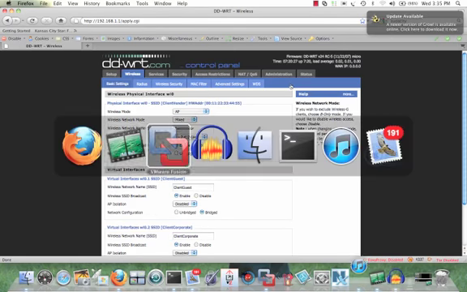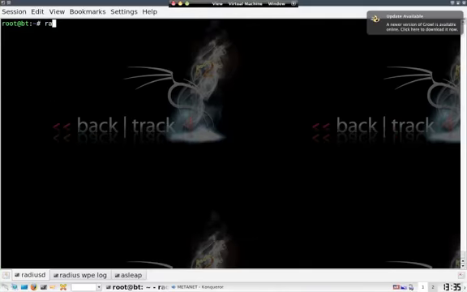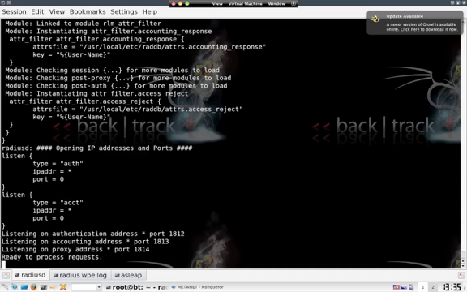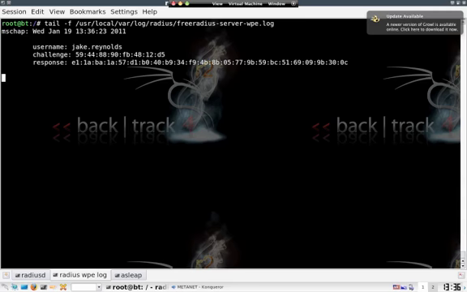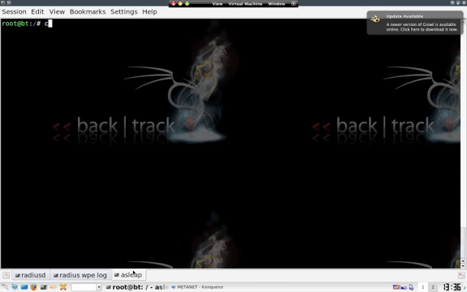Okay, to get started on 802.1x, we'll fire up our Radius server and then tail the log, and then wait for a user to authenticate. Oh, there's one. So all we do is grab the challenge and copy it, and then use a tool called asleep